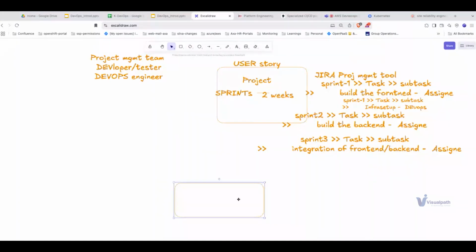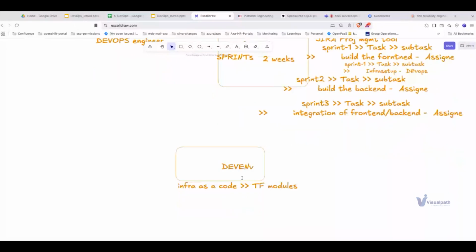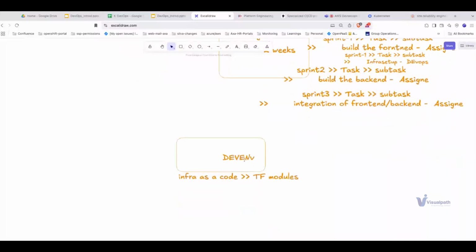So the dev environment. What do you do here? You write infrastructure as code. You use some Terraform modules and automate the entire development infrastructure. When you run the Terraform code or infra as code, you use the Terraform module,